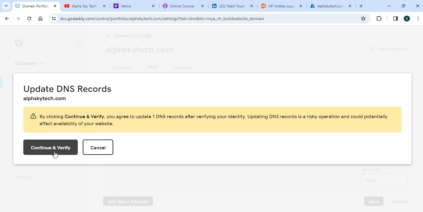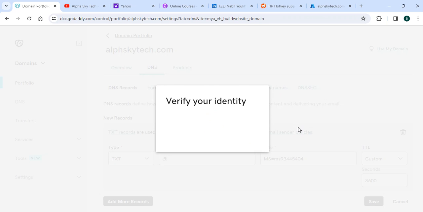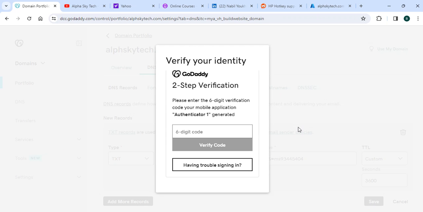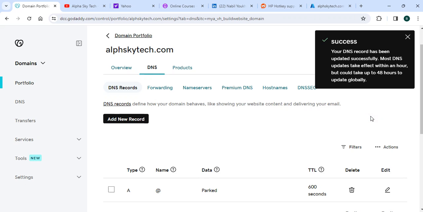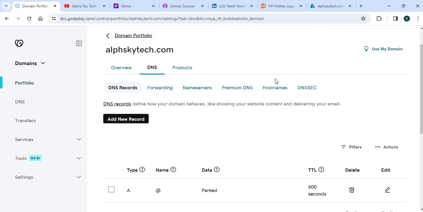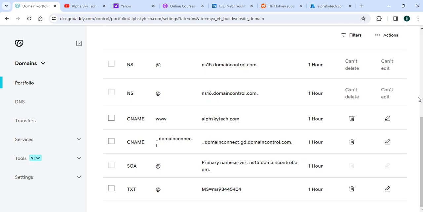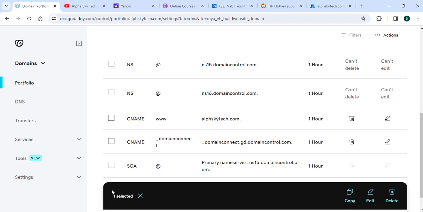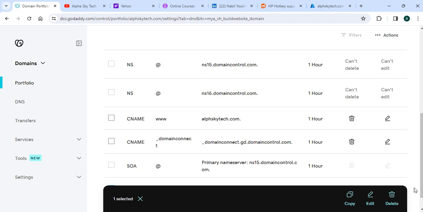It happened that I have multi-factor authentication on my account. Of course, this is for security purposes. I'm going to probably pause and do the multi-factor and go back again to you guys. Okay, the multi-factor authentication was processed and the text record has been added here successfully, as you can see, and